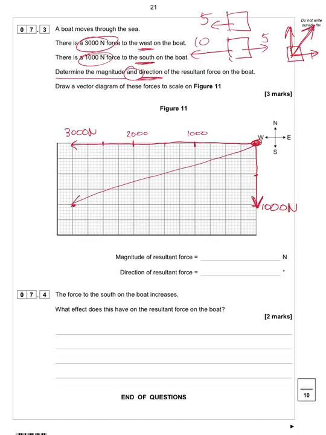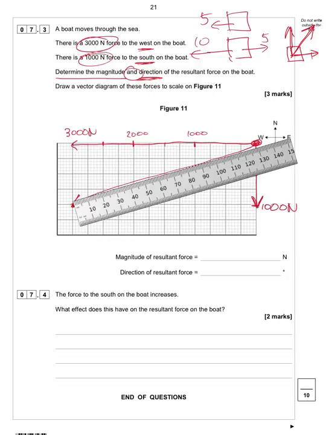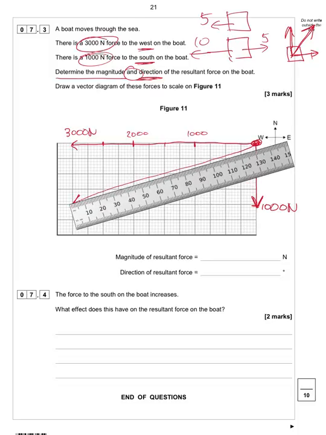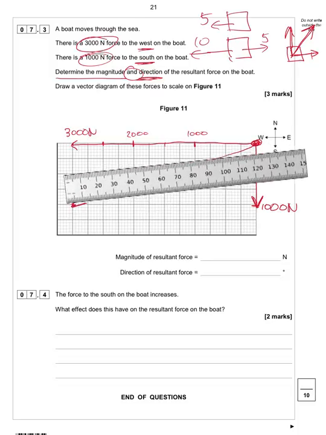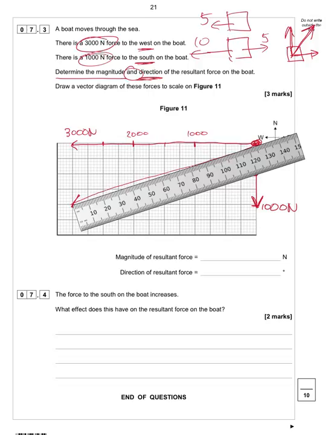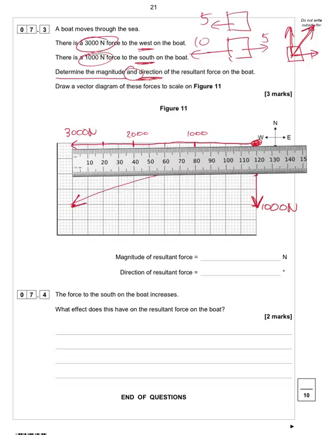Now obviously you're going to use a ruler. It's quite hard for me to use one on the screen, but if I did get a ruler I could measure the length of that line and compare it to my scale. So if I try and do that quickly. My ruler is not to the same scale as yours, but if I move the ruler up to that line and measure the length of that line, compare it to the length of my 3,000 Newton line, I can see that that line is clearly longer. And if I use a simple ratio, I can see that my